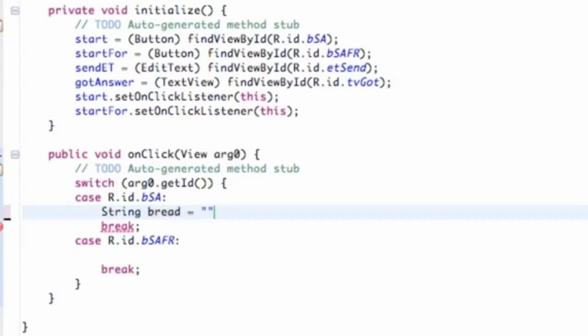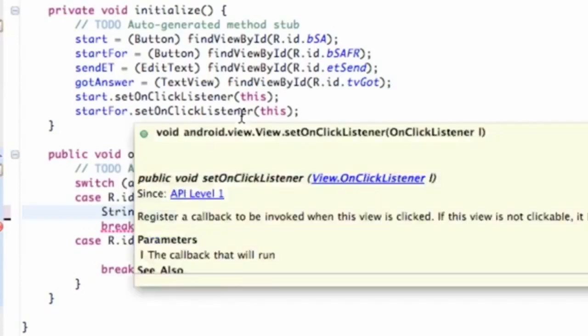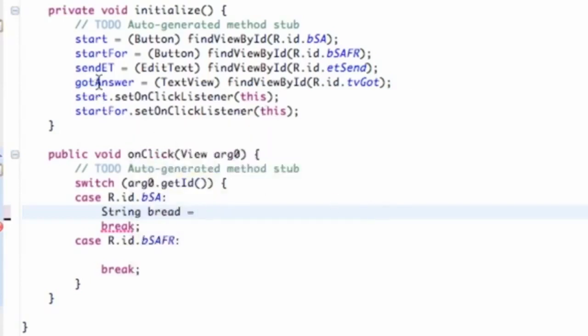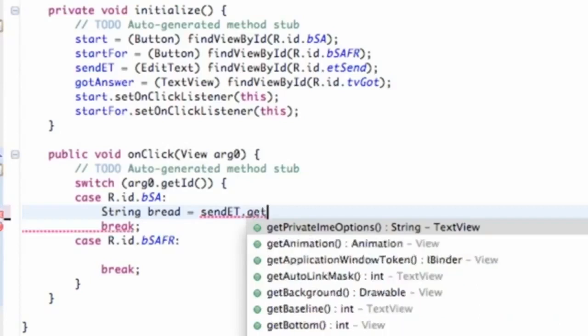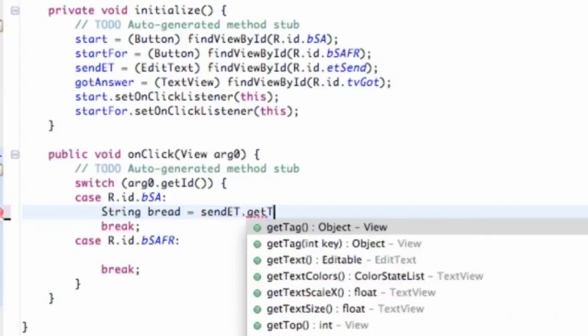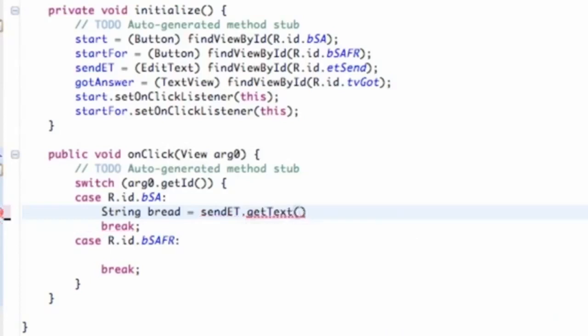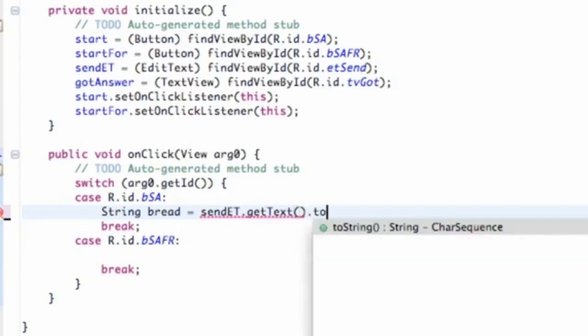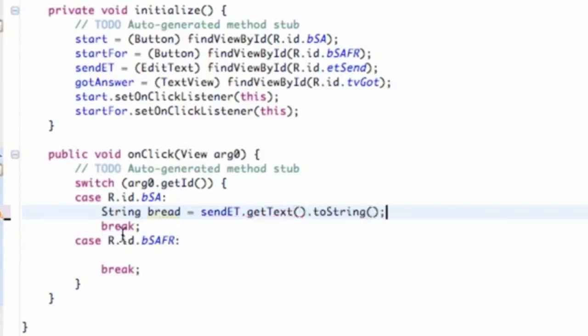So what we're going to let this string equal is basically whatever our edit text has typed in. Our edit text was called send et, so we're going to say send et dot get string, or I'm sorry, get text. It's kind of good review. And then dot toString because it needs to be a string. So basically we set up a bread variable to equal whatever our edit text is, and then that's what we're